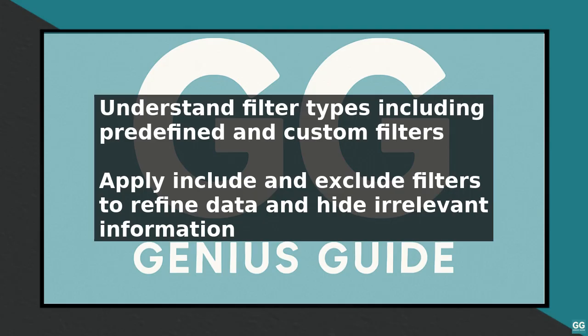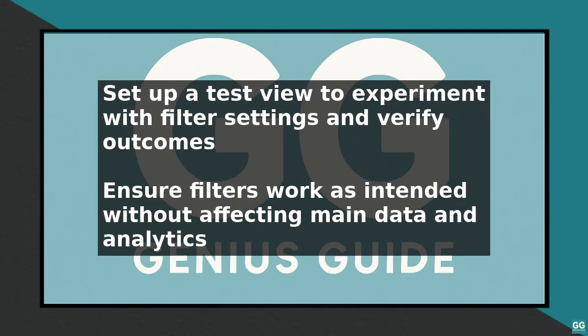There are also include and exclude filters, which determine what data you see or hide. When applying filters, start by setting up a test view to ensure your filters work as intended without affecting your main data. This way, you can experiment with different settings and verify the outcomes before applying them to your primary